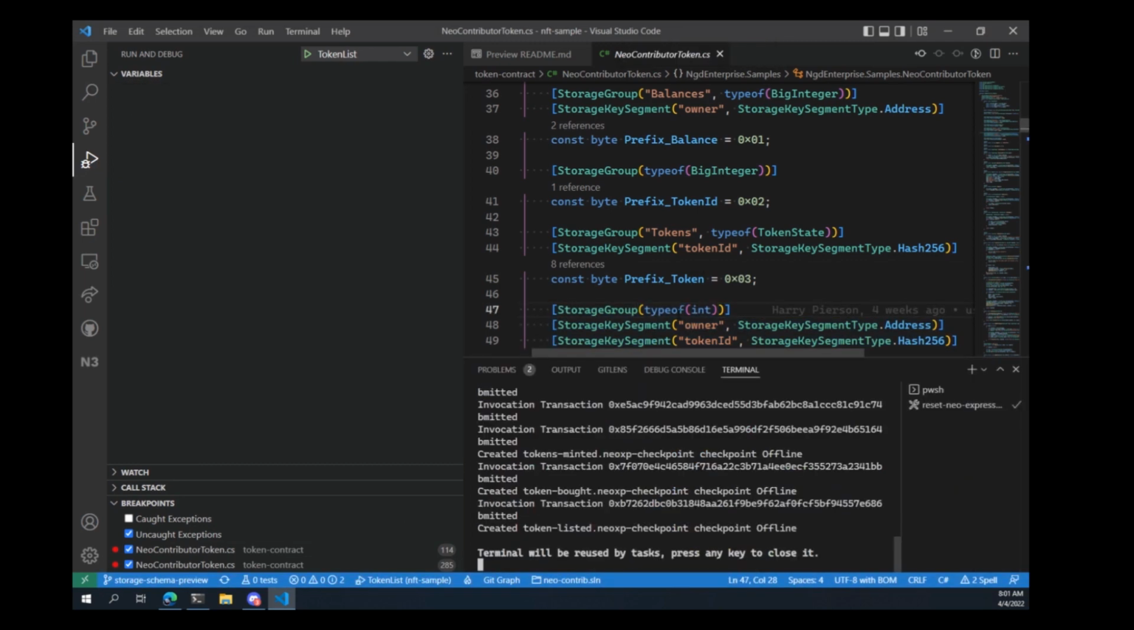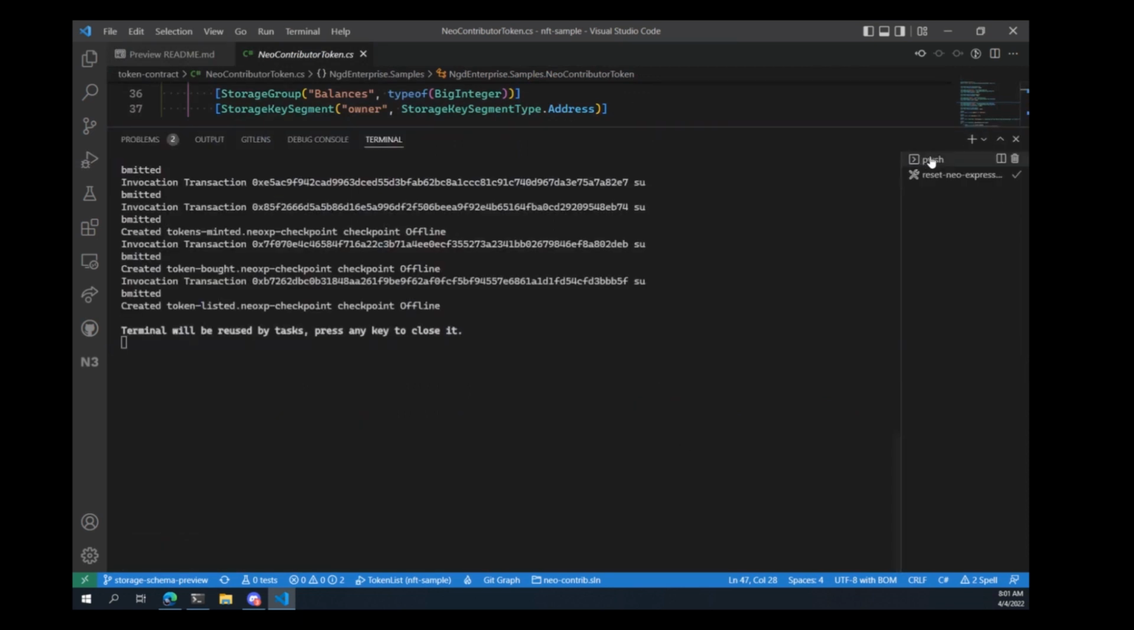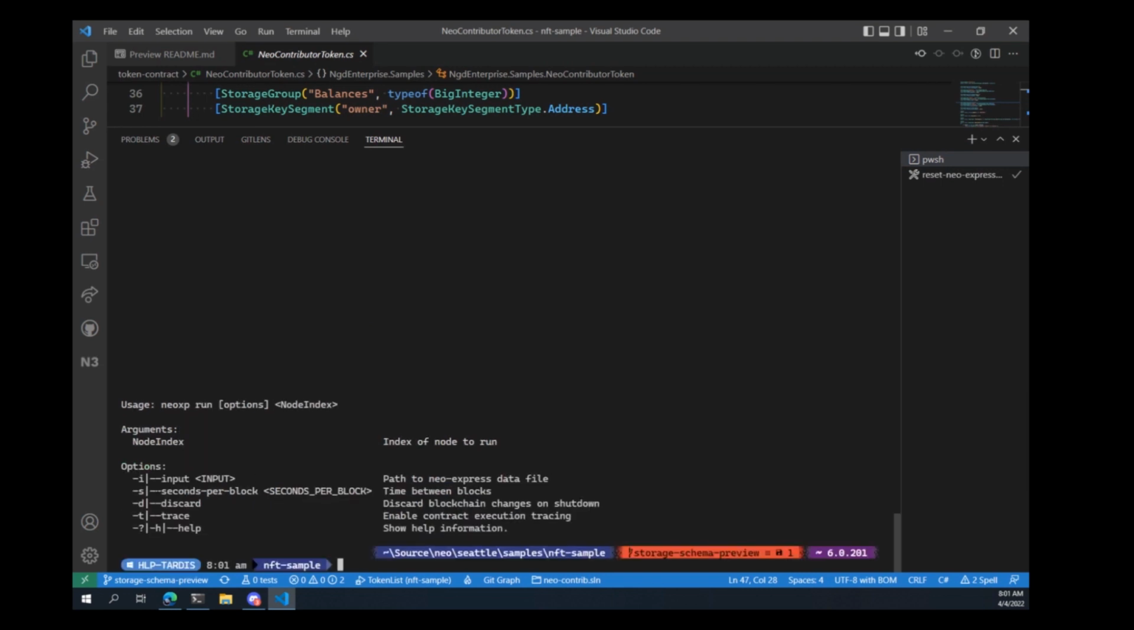If you go to the terminal window and you say dotnet neoxp run, and then we'll just add help, you can actually get some information about the operations you can do, and the arguments and options that you can provide to the command. So first off, there's a node index. Of course, there's only one node in